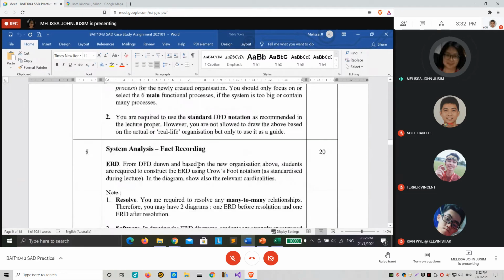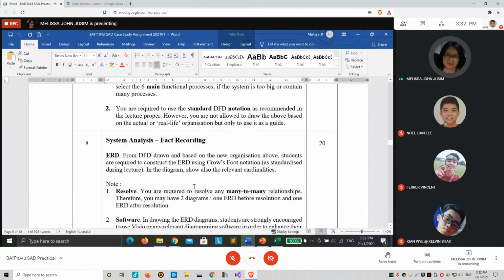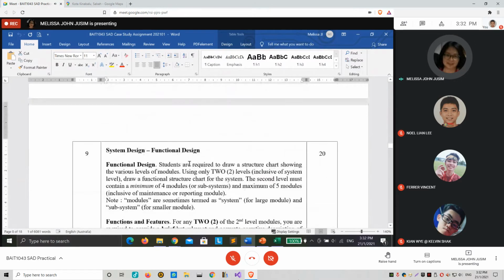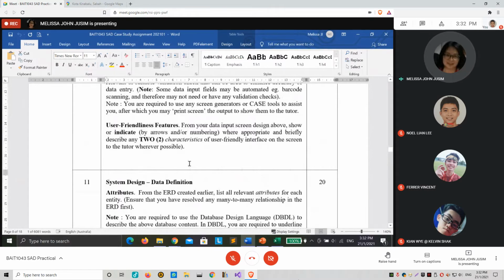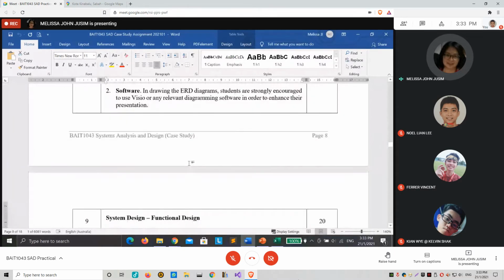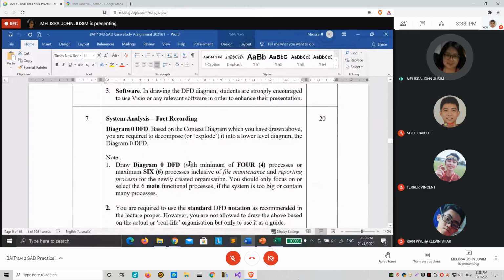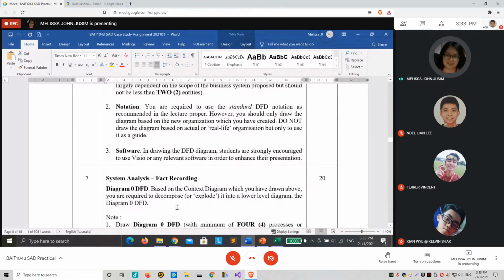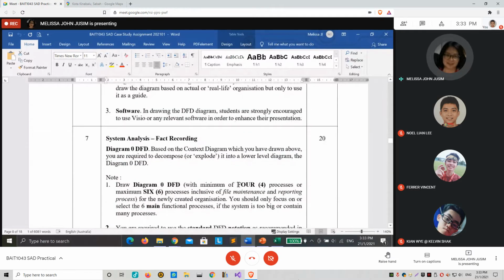But then week 8 we might need to do some adjusting because it should be based on your data flow diagram. Do you all still remember your business rules? Yeah. Okay, business rules. If you still remember your business rules, that is related to the drawing of your DFD also, whereby if you don't understand the business processes, you will not be able to identify what processes are covered in your system.